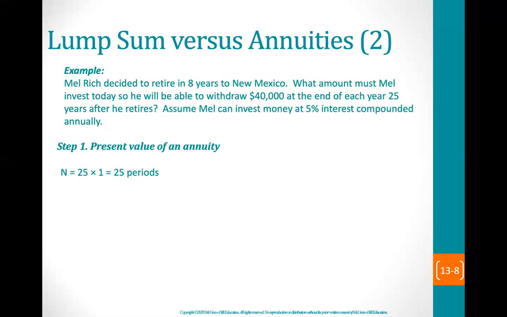We want to determine the present value of his annuity that he wants to receive. So 25 years compounded annually, there's 25 periods. His interest rate is 5% annually. So looking up the present value of an annuity, we get a table factor of 14.0939. That times our annuity amount that we want of $40,000 is